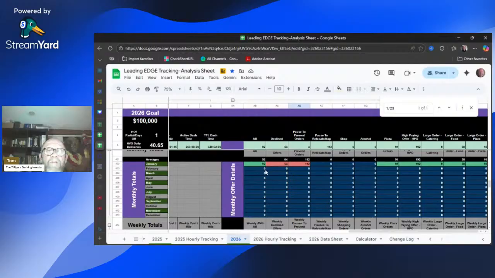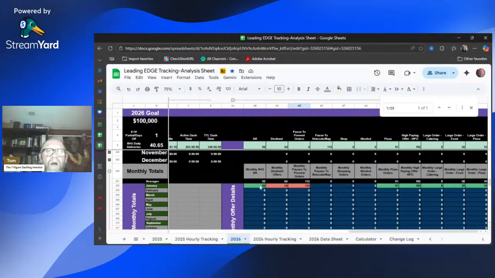So far in the month of January, my average AR was 92. My monthly declines, I did 64. My pause to prevent, I did 12. I didn't take any real naps where I paused it for 35 minutes. I didn't do any shopping, didn't do any alcohol. I did 91 pizza orders, 192 high-paying offers. I did 9 catering orders, 32 large food, 10 of the pizza orders,